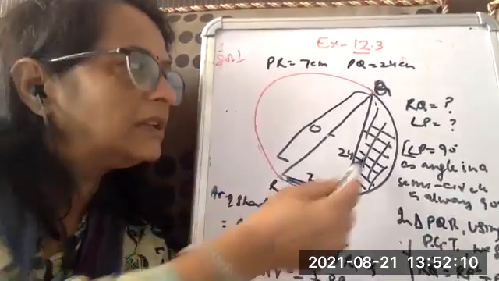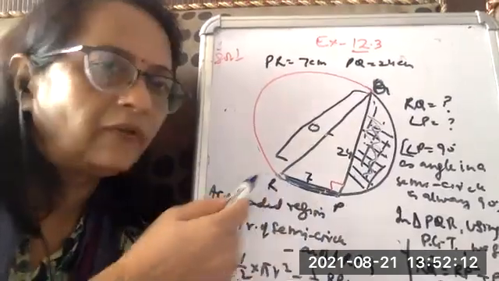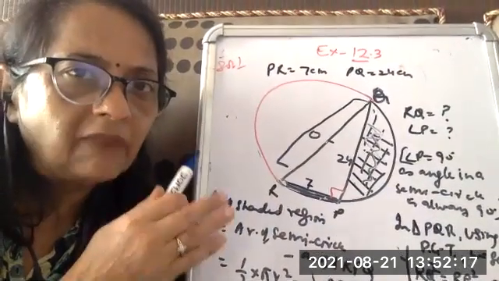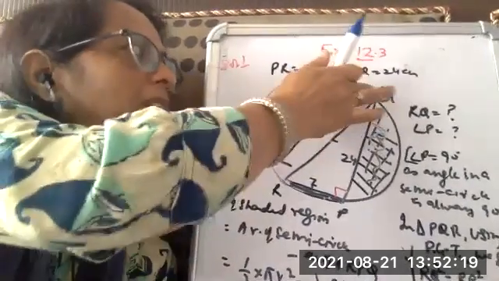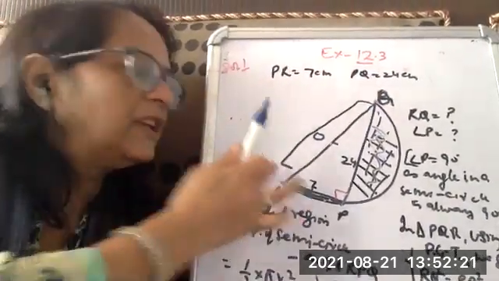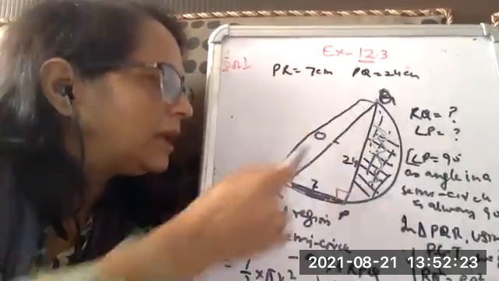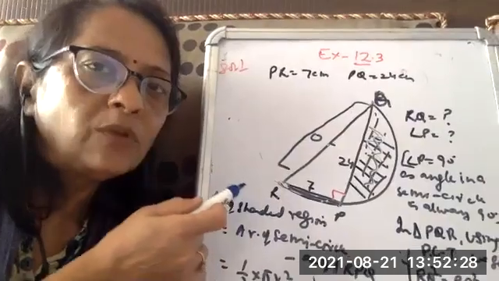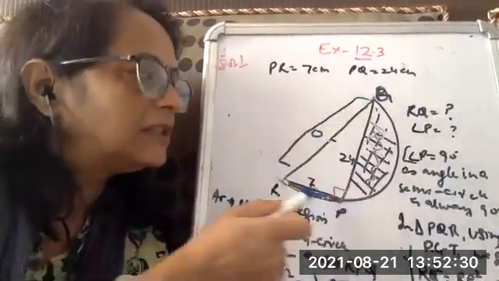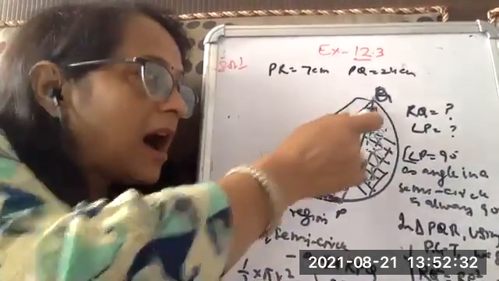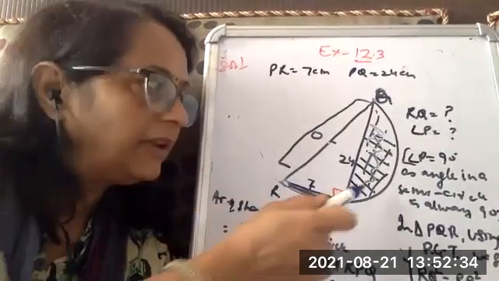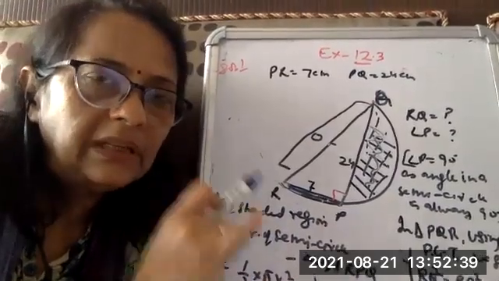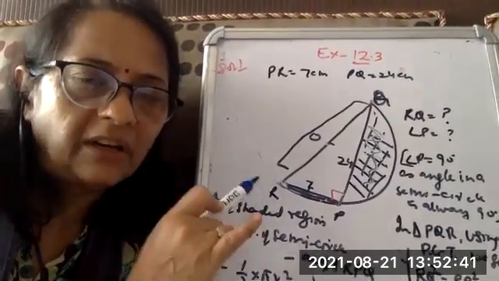And if I notice this shaded region, so this is the shaded region. To find out the area of the shaded region, we can find out the area of the bigger shape. Just imagine that if this is removed, then we get RQ as a diameter, and this is half of the circle. So if I find out the area of the semicircle and subtract the area of the triangle RPQ from it, we will get the area of the shaded region. So that is the easiest way to find the area of this shaded region, right?